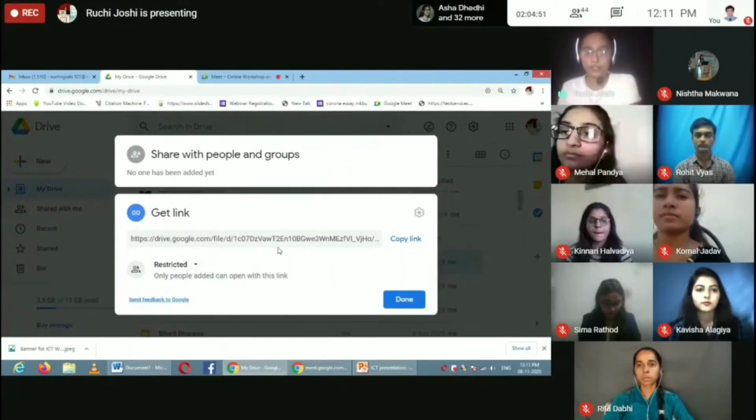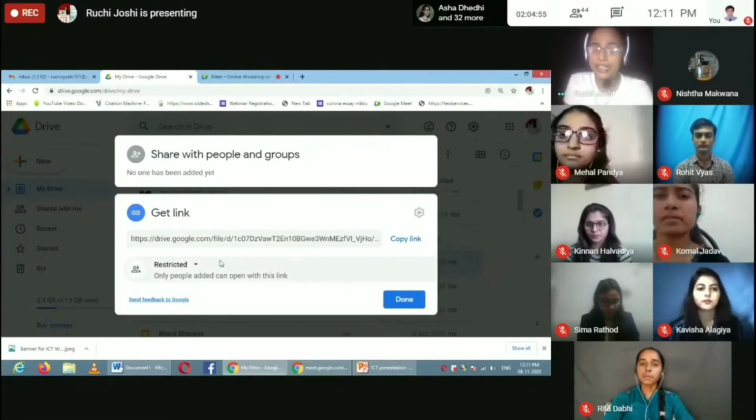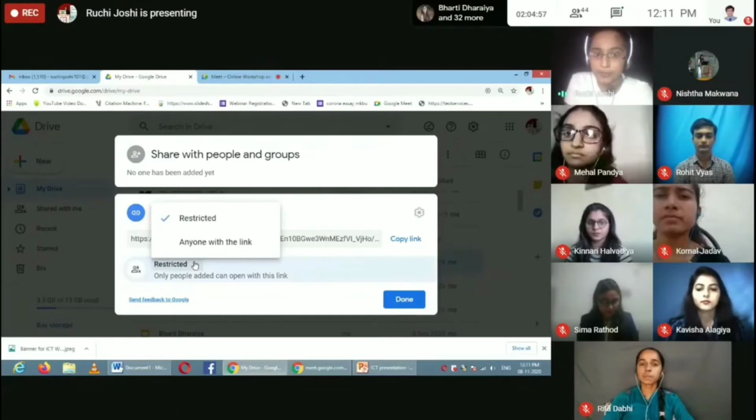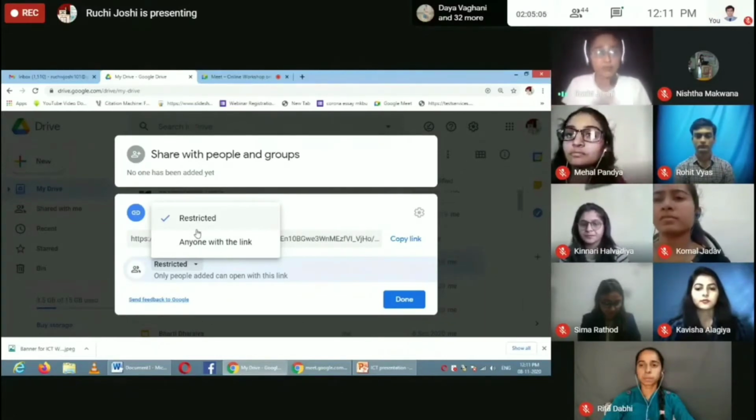Share with people and groups, and here the option is very clearly restricted. So what will happen is that if we restrict this file, then whomever we share this file with, they only can see that.